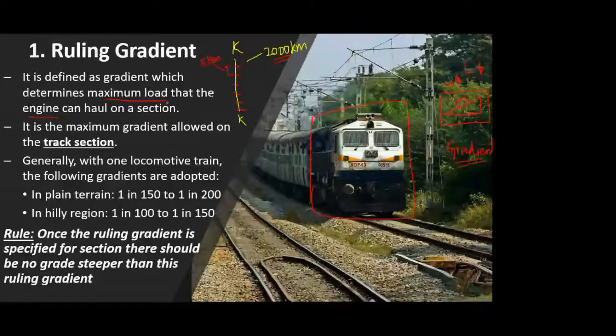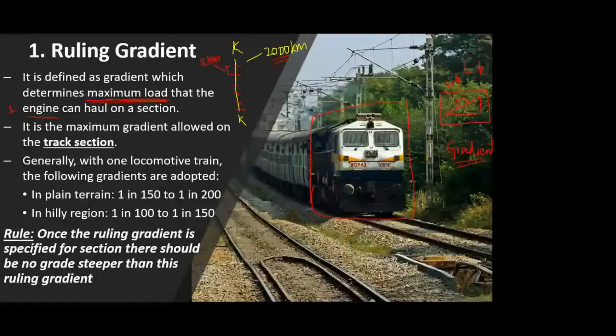Now, railway is a venture to gain profit. In Indian Railways, the main aim is to optimize the cost. So obviously they will think that in one go you have to carry the maximum load, either passenger or cargo. So they will always target the maximum load. What they will find is such a gradient which will allow your train, or engine, to carry a maximum load with a single engine.